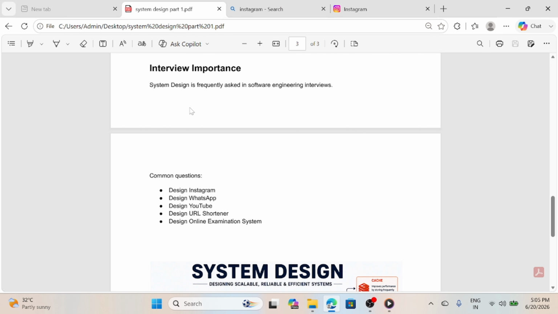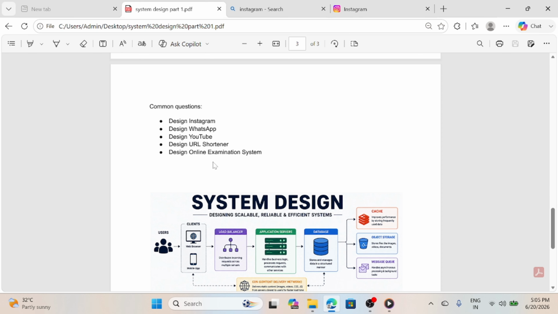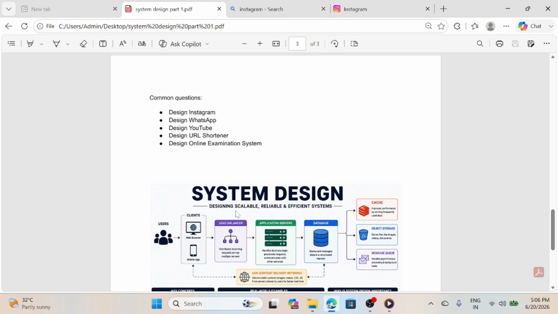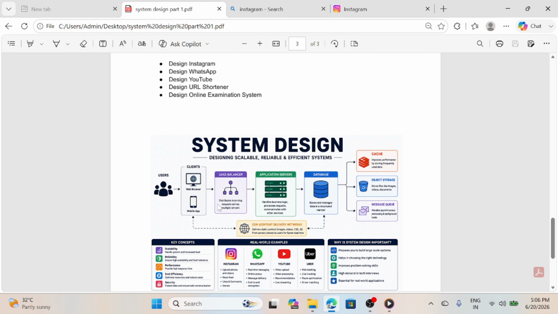Now, common interview questions for software engineer roles. Design a system like Instagram, design a WhatsApp, design a YouTube, design a URL shortener, design an online examination system. Why can interviews ask these questions? Because AI can retrieve the code automatically using a tool, copy and paste it to do the task easily. But AI code will not work for millions of users and millions of